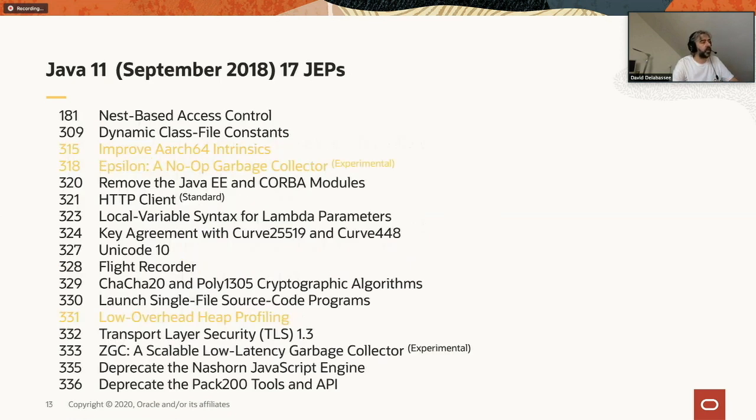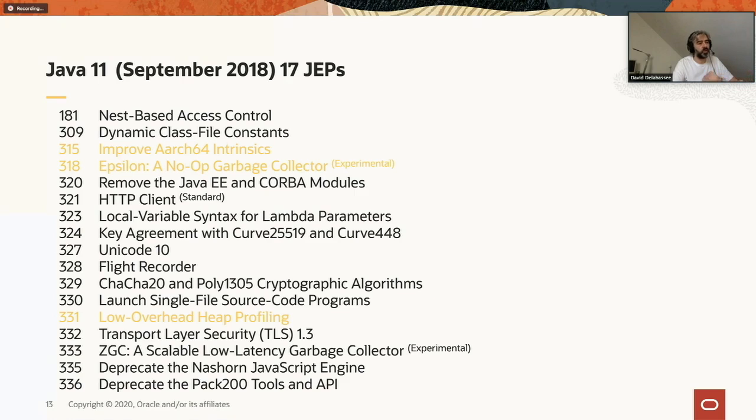Then we had 11, which was a pretty big release in terms of capability. The thing to keep in mind is that any feature release is driven by dates, so it's either March or September. They are not driven by features. If a feature is not ready to be included in a given release, it's not an issue.